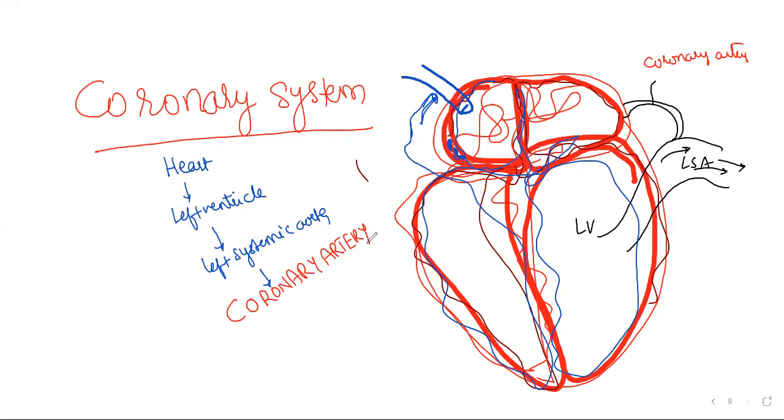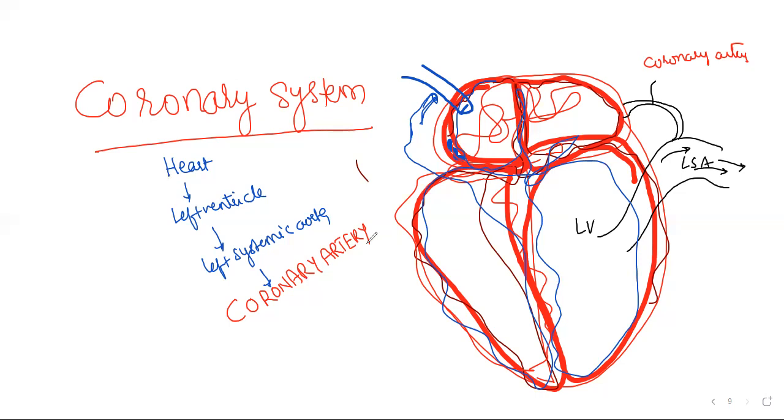A continuous supply of nutrients and energy is required for the heart muscles. Whatever we are saying, tunica externa, tunica media, tunica interna, all of them require blood circulation, which we call coronary circulation. It is a special coronary system of blood vessels present in the human body, exclusively for the circulation of blood to and from the heart.